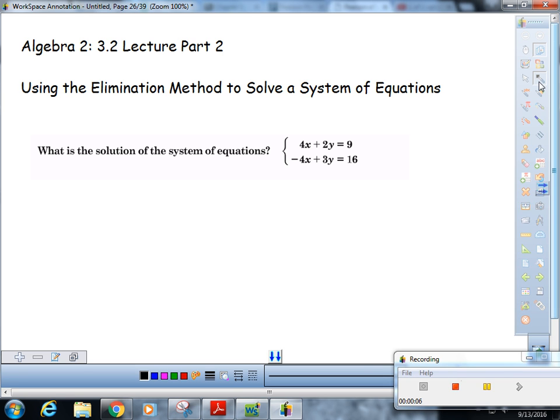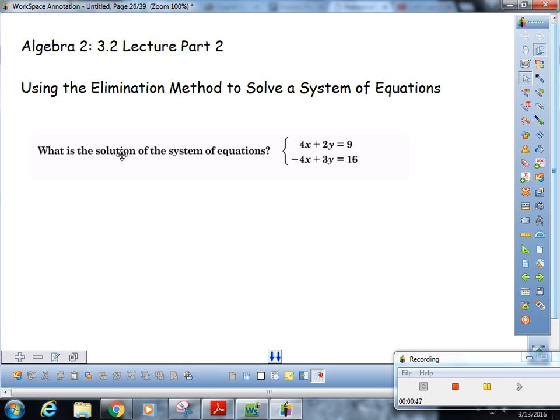Okay, so we've already done solving systems of equations by graphing. We've done solving systems of equations by substitution. And now we're going to learn the final method, and that's the elimination method, okay? And it's exactly what it sounds like. The elimination method,